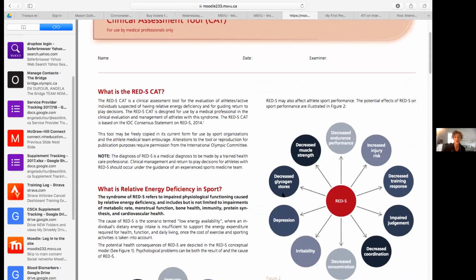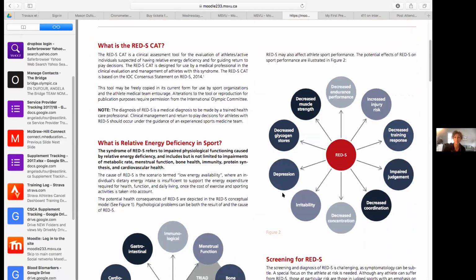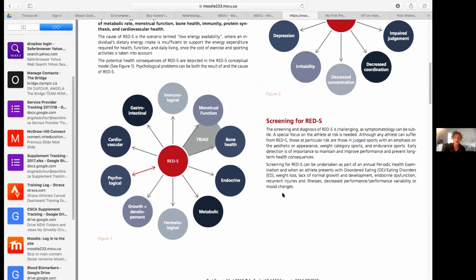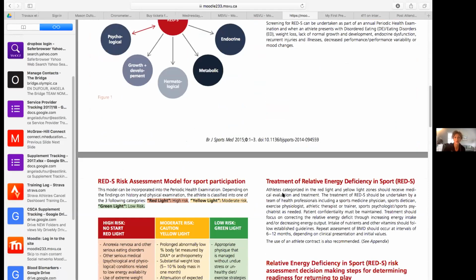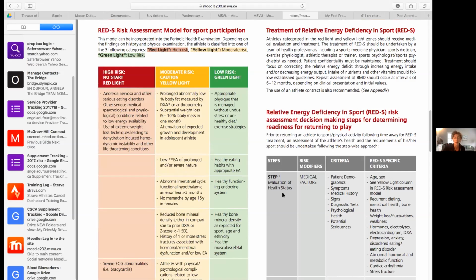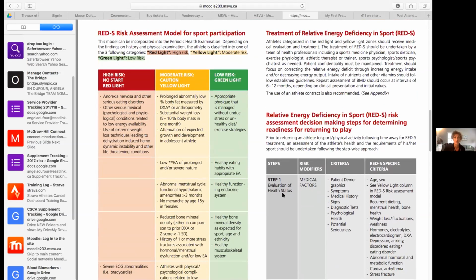So this is something that I've used in the past as more of a guiding agreement between athlete, IST, coach, to get us all on the same page of what we're looking at. We went through some of the diagnostic criteria last week with different blood work. If it's a female athlete, obviously menstruation. So once we assess that they are in REDS,